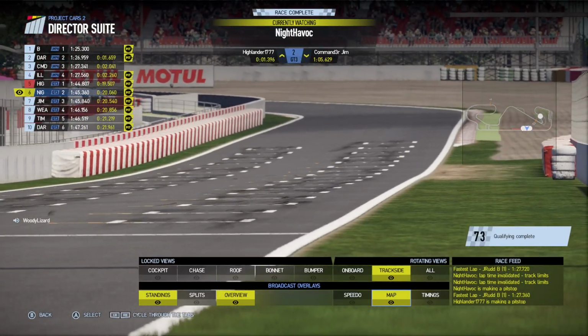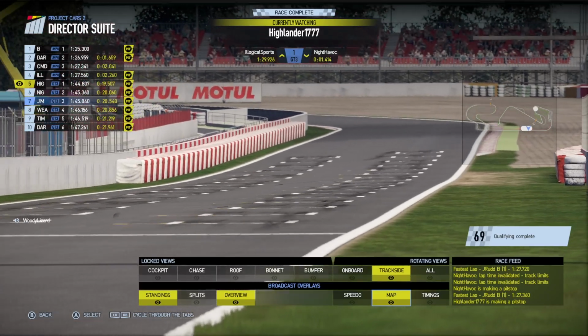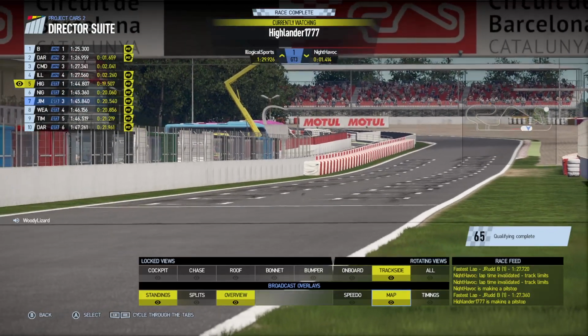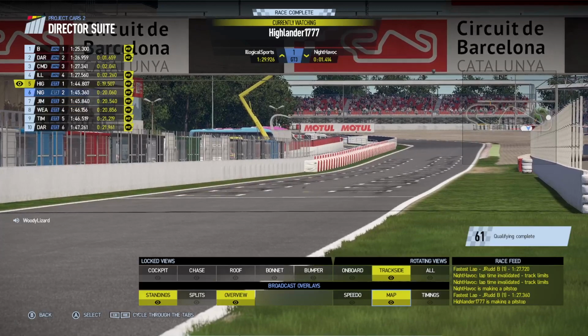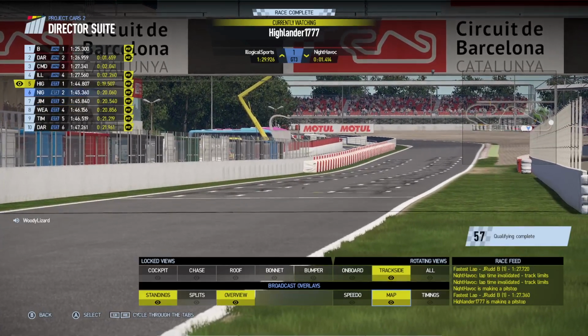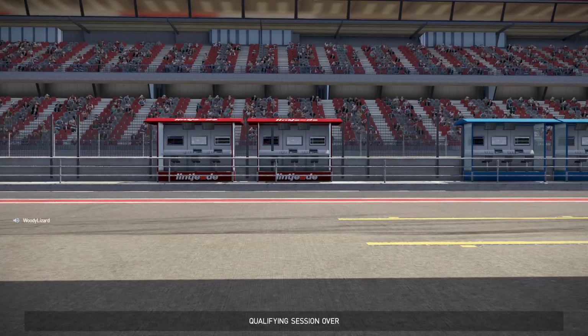And then we'll have Night Havoc on pole over Highlander. So Night Havoc gets an extra bonus point to extend his lead over the K-Pax racing car by 2 points now. So that was a big moment for Night Havoc, knowing that Highlander had that time penalty. All he had to do was get faster than his teammate Commander Jim. So Commander Jim